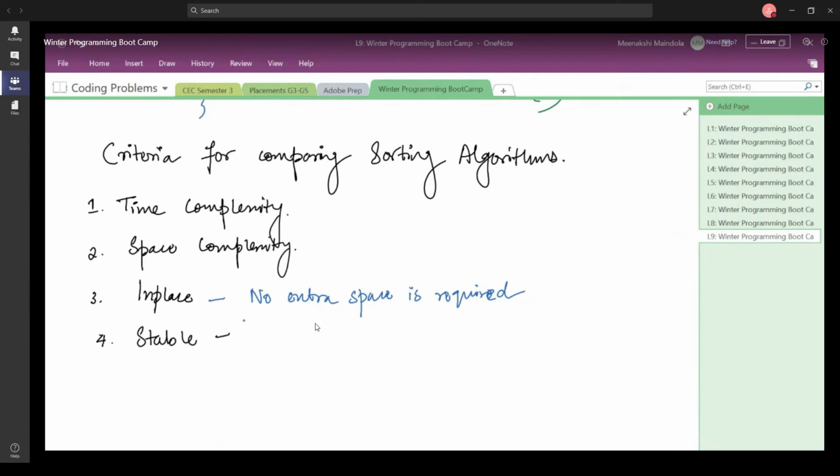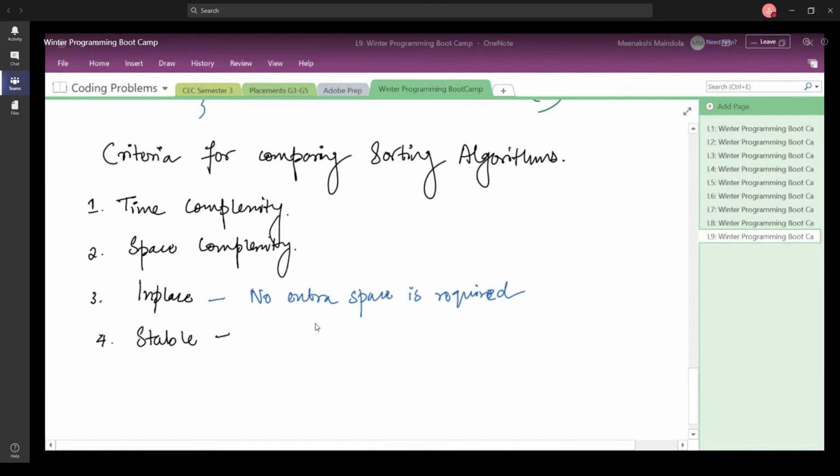I think you got confused between the terms in place and stability. Stability means that the order of the equal keys is going to be the same even after sorting, and in place means that the algorithm is not going to take up any extra space.